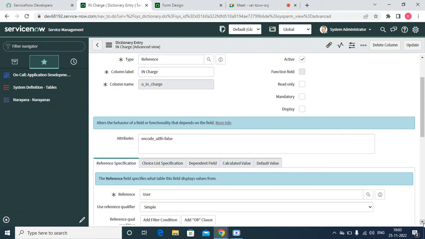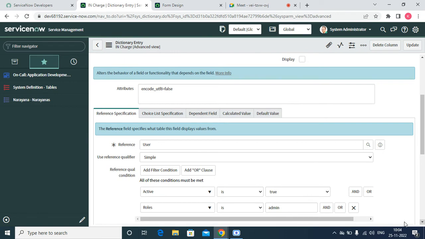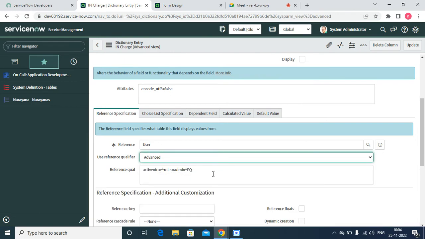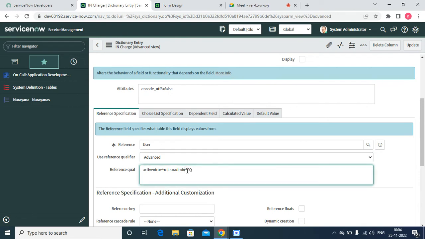But always, for the in charge field, we can make only mandatory since we need to save it. Now here it's a simple one. If it's simple, we can write it, and if you go to the advanced, it will write a script like this one: active is true, and roles equal to admin. So for example, if I change here to ITIL,